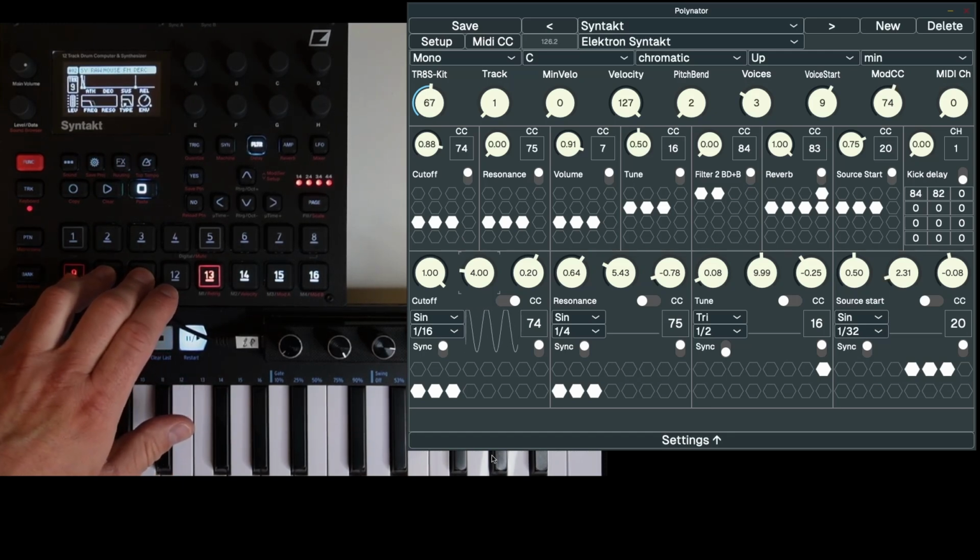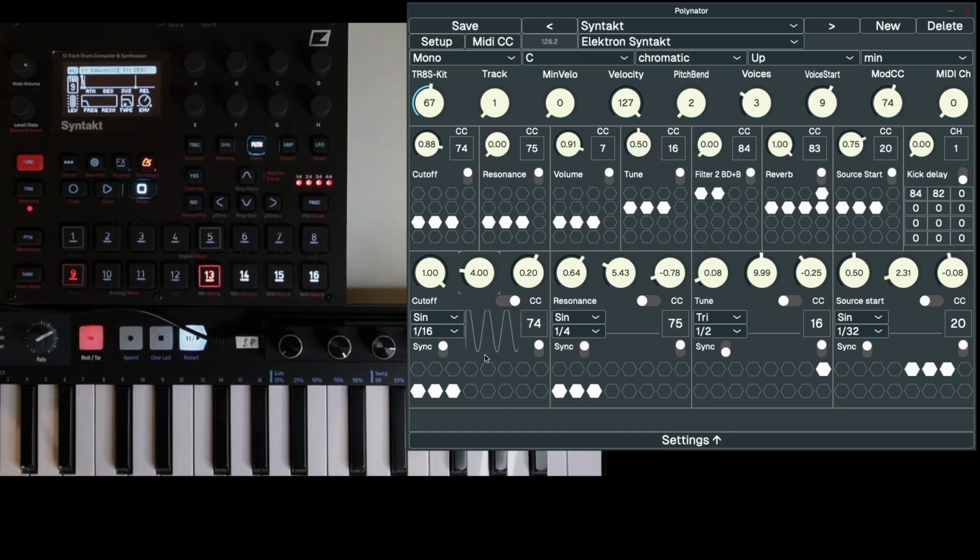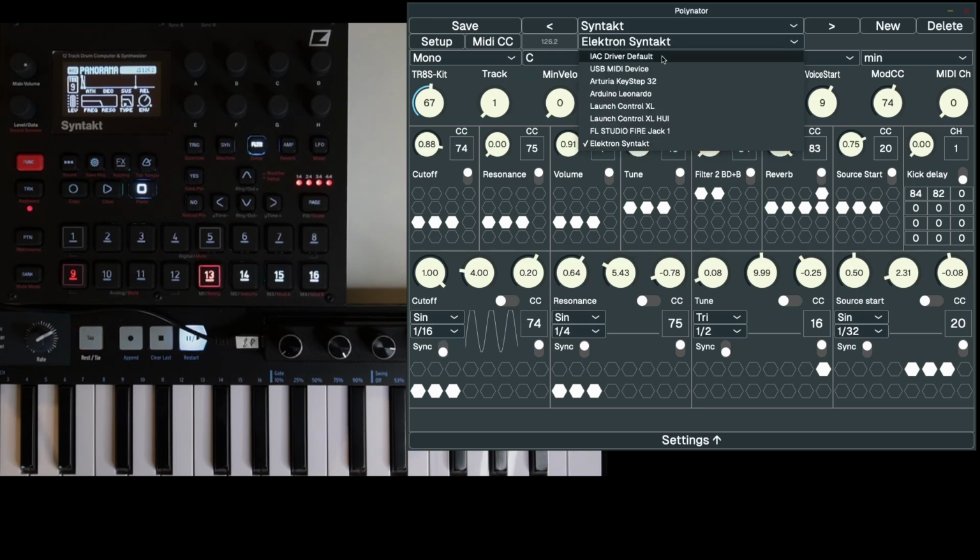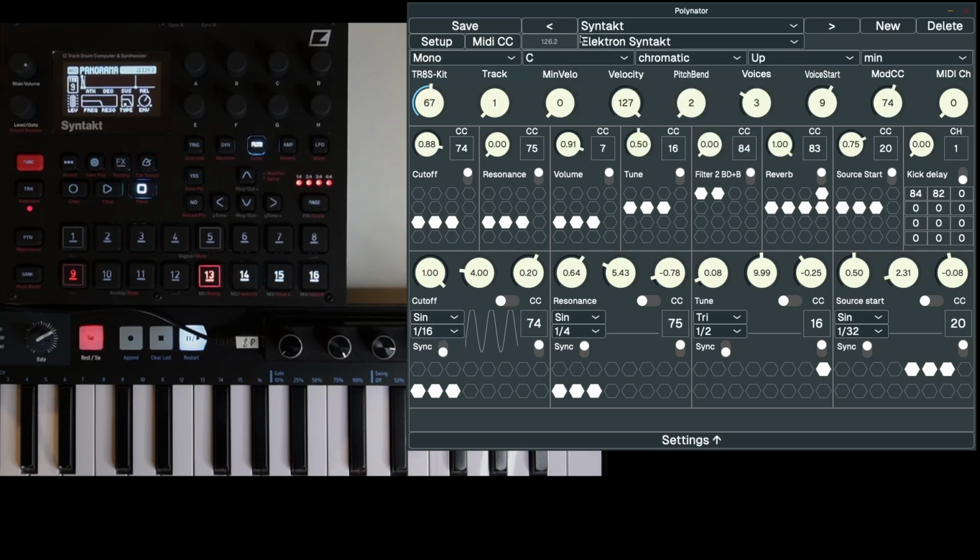You can see them cross-channel, altering the cutoff filter here because it's also set to 74. And you can also sync it to the clock. You can select the clock here from which device you want. You can see the clock here,